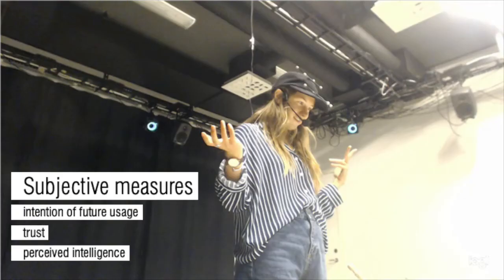Before interacting with each robot, we asked participants whether they would like to use the system regularly. The question was repeated at the end of the interaction with each embodiment, with the goal of comparing before and after results across conditions. To compare levels of trust across conditions, we used 2 questionnaire items coded into 7-point Likert scale items. And to measure the level of intelligence that participants attribute to our robots, we extracted 2 questionnaire items from the Godspeed questionnaire.